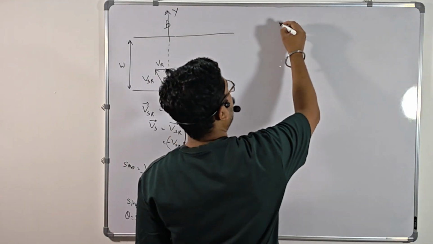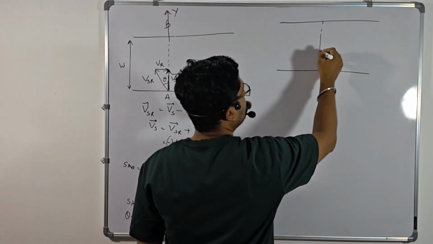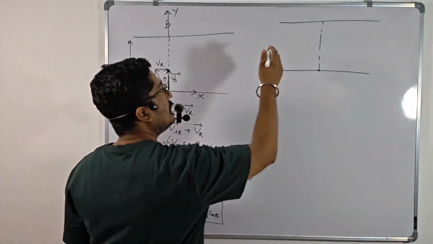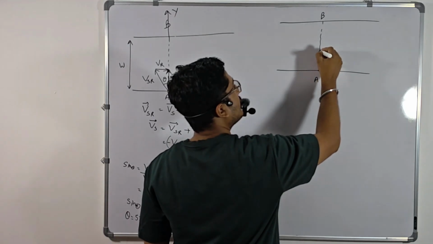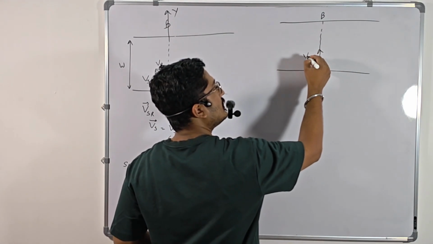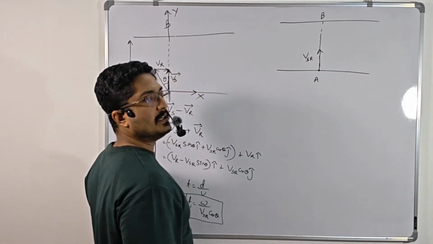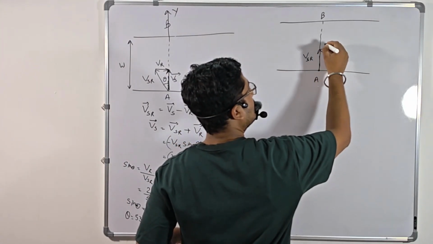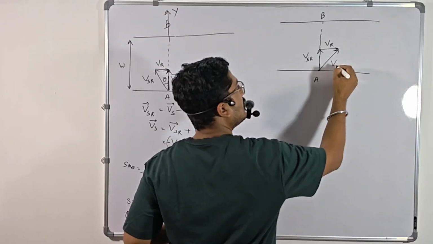Now let us talk about the second swimmer. The second swimmer's journey is more adventurous because the second swimmer started from the same point A, but instead of going straight towards point B, he started swimming in the direction of AB. So he started like that. This is his velocity of swimmer with respect to river, VSR direction. But now the river will apply its velocity, right? The river's velocity comes in this direction,